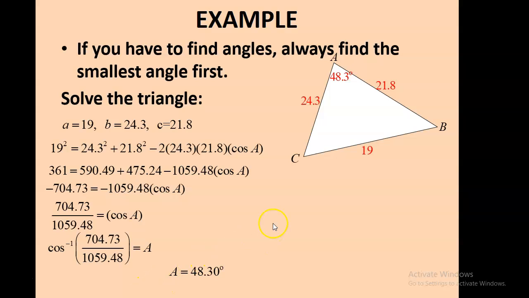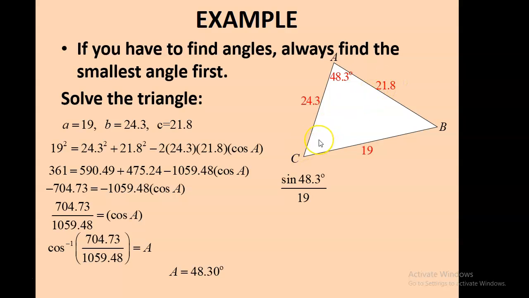And now you can see that I have an angle and its opposite side. So at that point, you should see that we can use the law of sines. So we'll set that up using sine of 48.3 over 19. And then we're going to find the next smallest angle, which would be angle C, since it's across from the